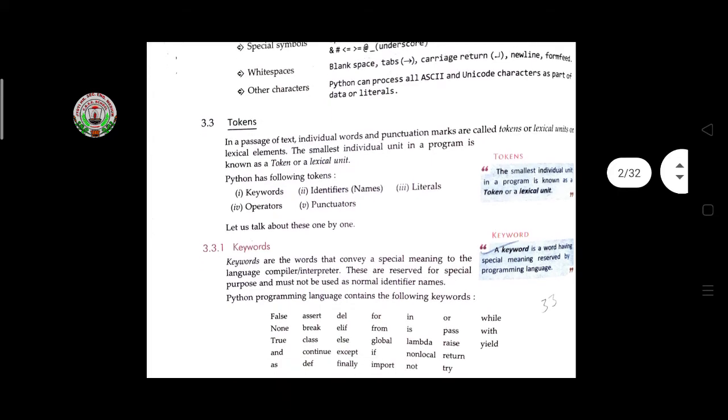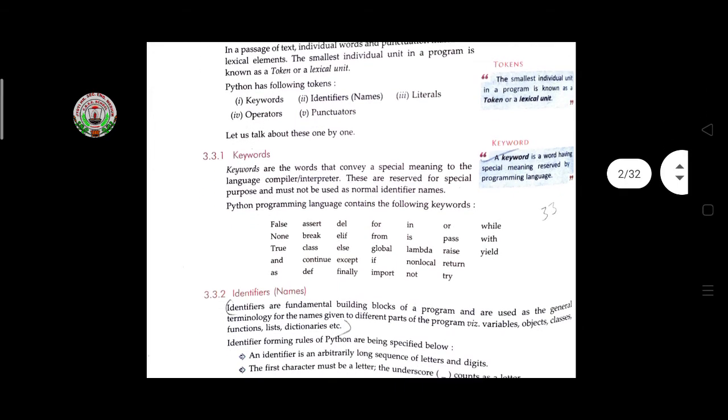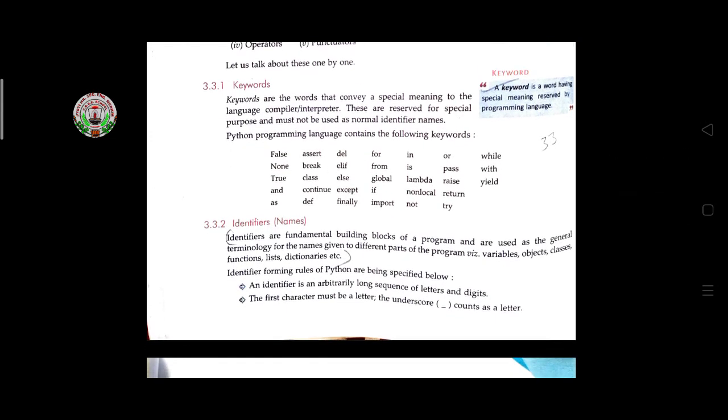Then Python has the following tokens: keywords, identifiers meaning names, literals, operators and punctuators. Keywords are words that convey a special meaning to the language compiler or interpreter. These are reserved for a special purpose and must not be used as normal identifier names. Python contains the following keywords, and these are reserved keywords.